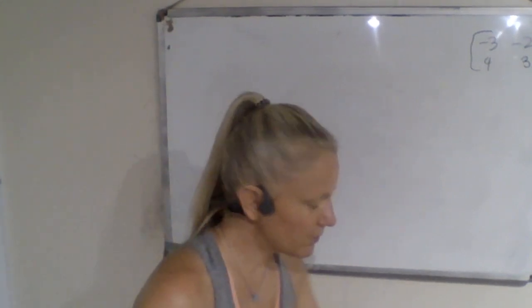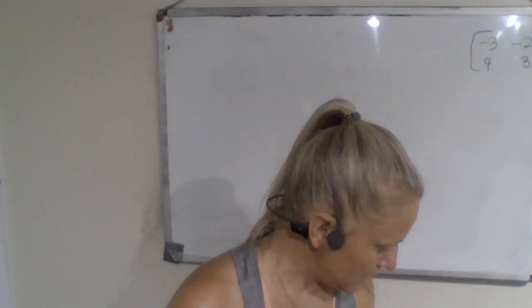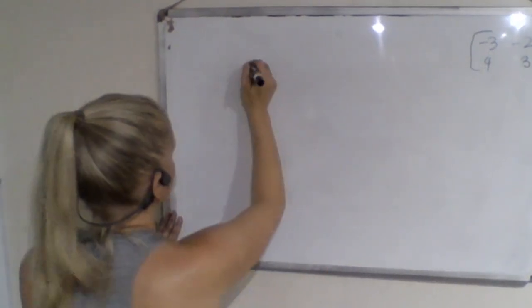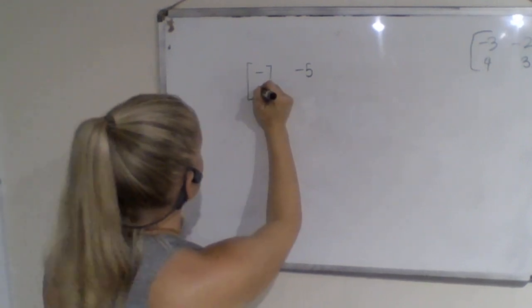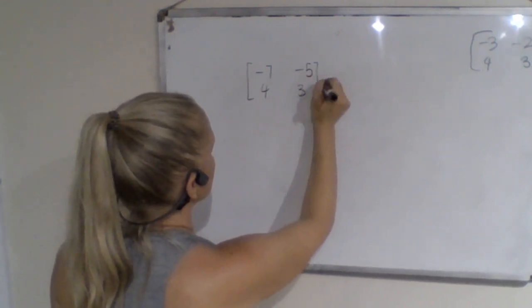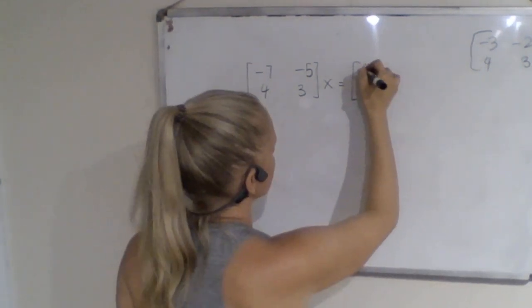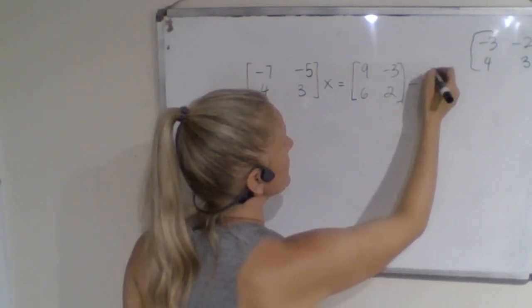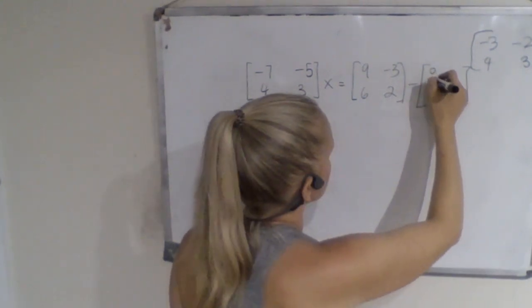Well, you can't solve it the way it is. So the first thing I want to do is move my matrix that's 8, negative 2, 6, and 1 on the other side by minusing it, right? And I can minus those two matrices. So here's what I have. I have negative 7, negative 5, 4, 3, x equals my matrix 9, negative 3, 6, 2. And now I'm going to minus that matrix that it's added on the other side. Minus 8, negative 2,